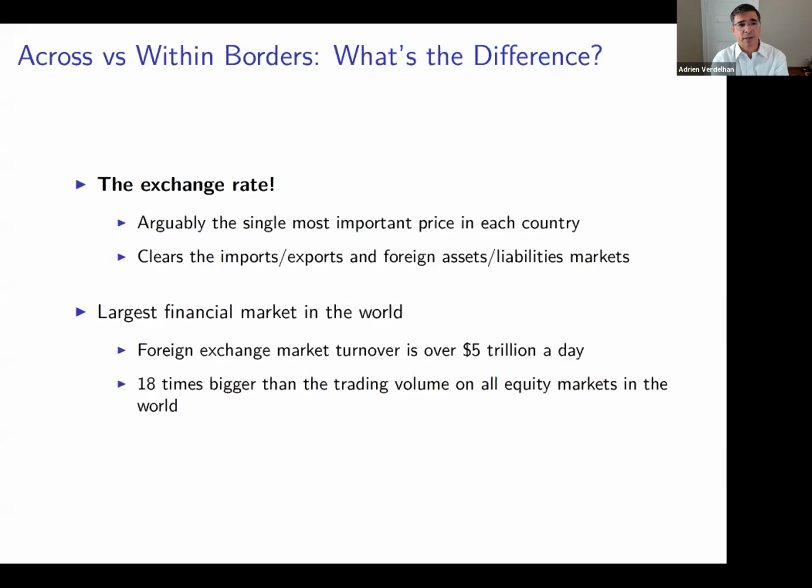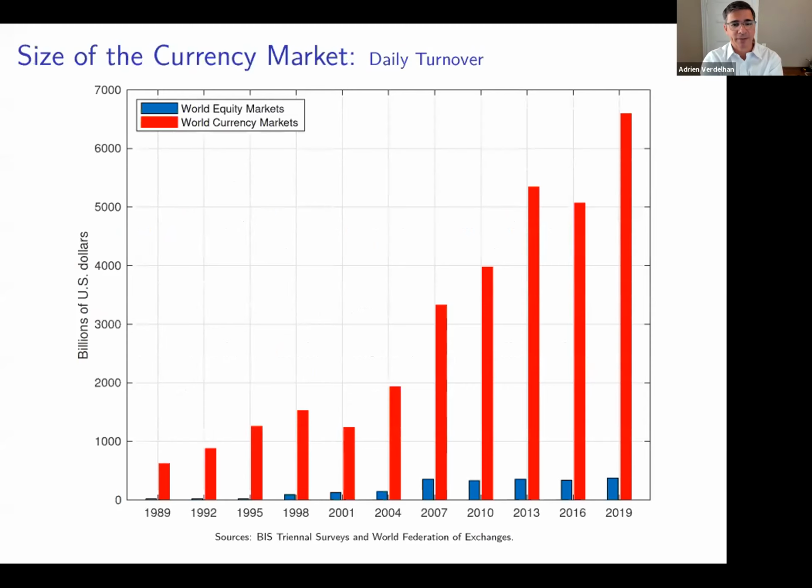So I'm sure you've seen the BIS numbers before, right? You know that the foreign exchange turnover is over $5 trillion. When I was a PhD student, I was taught, and actually even before I went to Chicago, that I should study serious things like the equity market or the bond market. Let me just show you a little bit of a comparison between the turnover on the currency markets and turnover on the equity market. It's basically 18 times bigger. So the fact that I trade a lot might not be the most important thing in the world, but along many dimensions, you could make the case that the exchange rate is a very, very important topic.